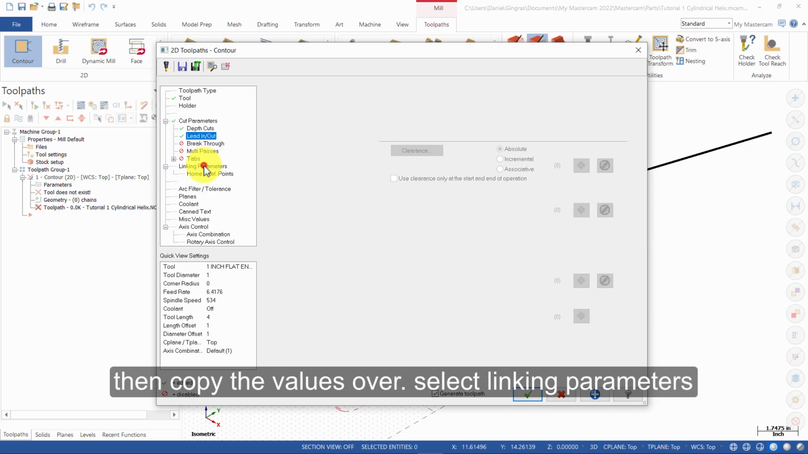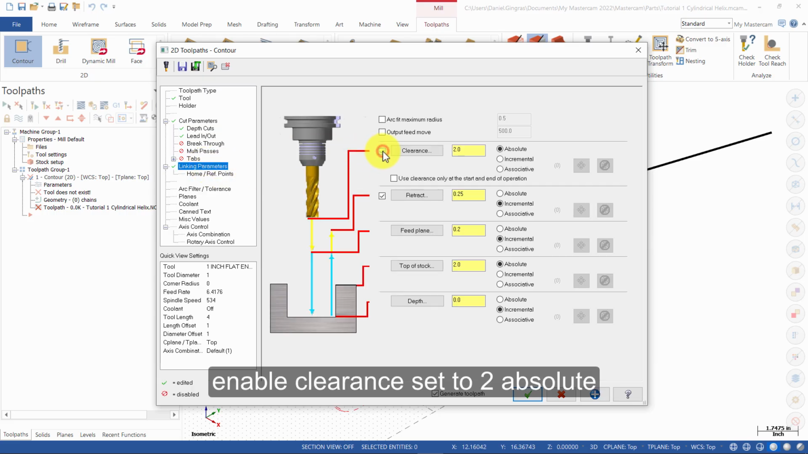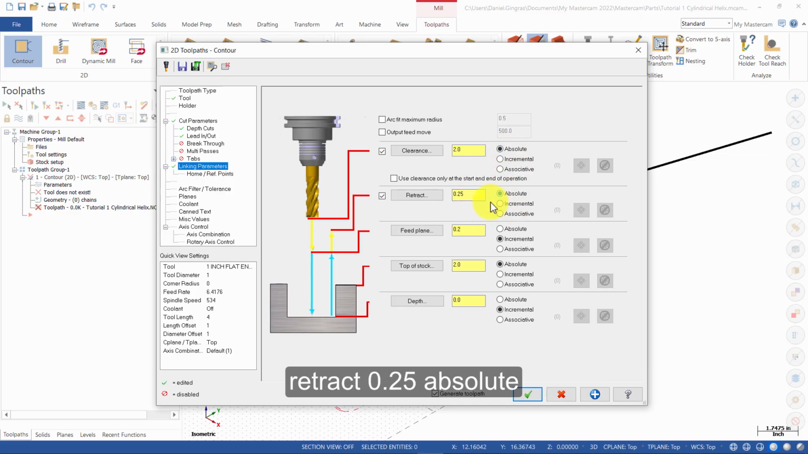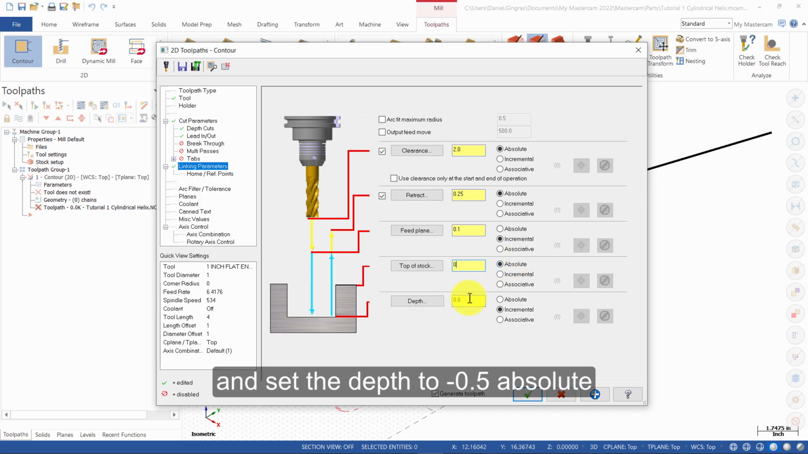Select Linking Parameters. Enable Clearance, set to 2 absolute. Retract 0.25 absolute. Feed plane 0.1 incremental. Top of stock is 0 absolute. And set the depth to minus 0.5